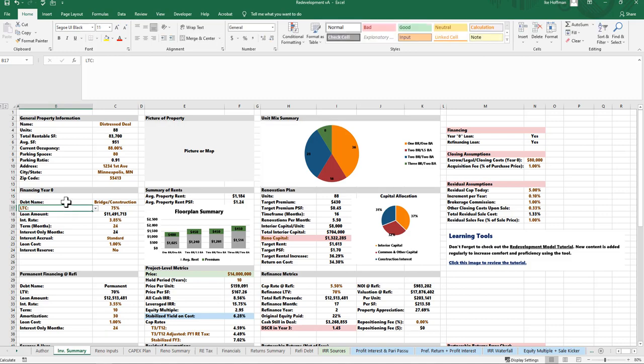Financing year zero. This will be your bridge or your construction financing. You would enter in an LTV or an LTC, loan to cost assumption here. You can choose which one. Your interest rate, your term, pretty self-explanatory. I also allow for an assumption that determines if there is standard interest accrual or pre-drawn. Standard is more customary. Borrowed funds won't accrue interest until you actually spend those monies, until you actually draw them